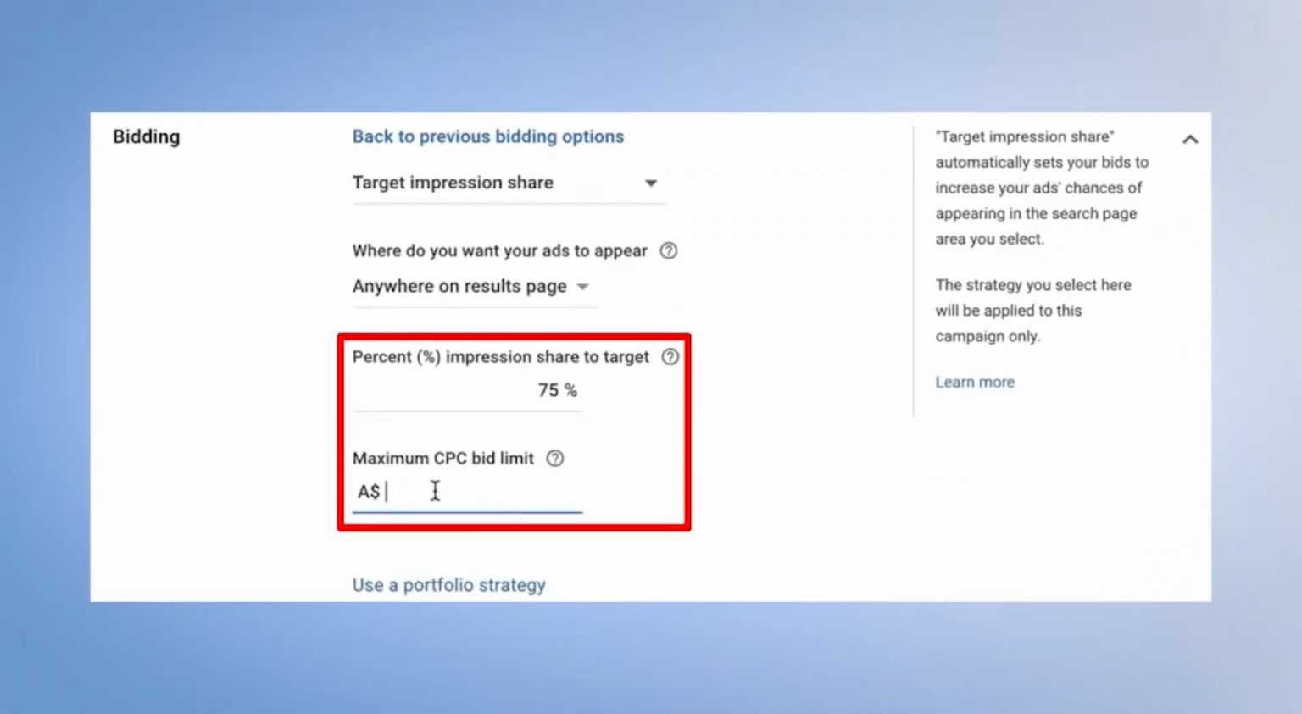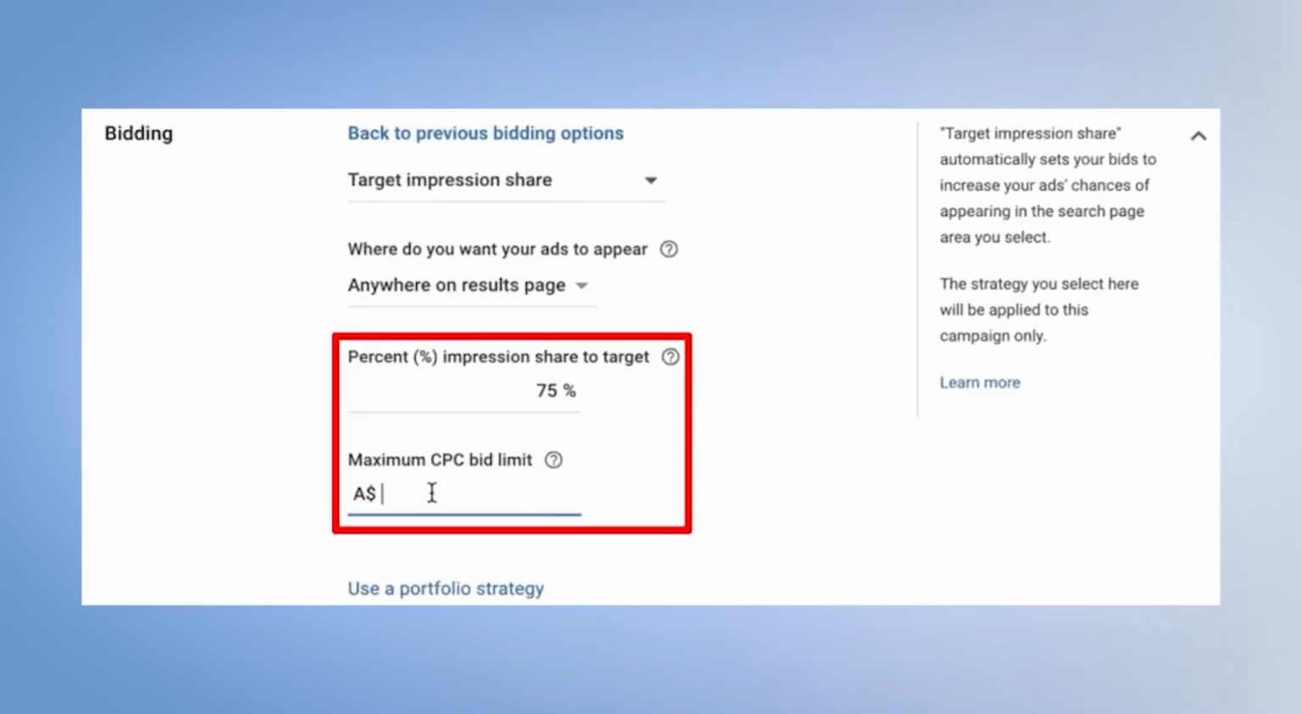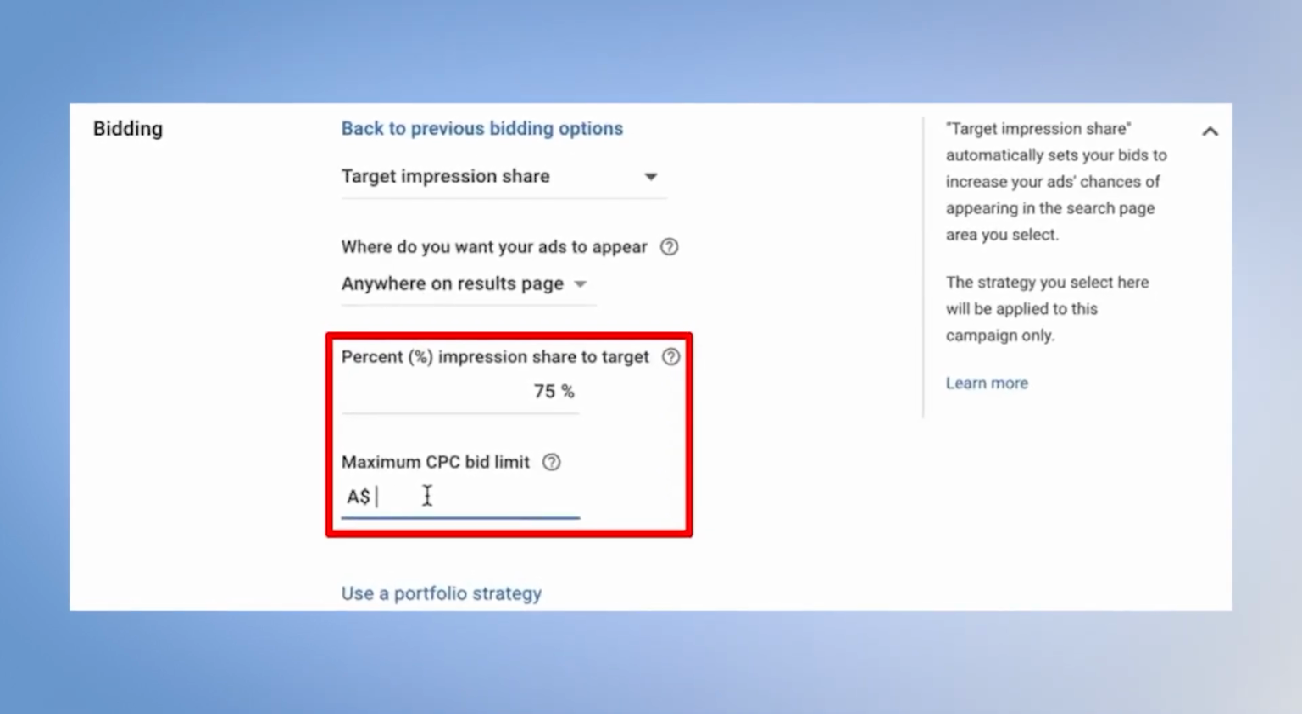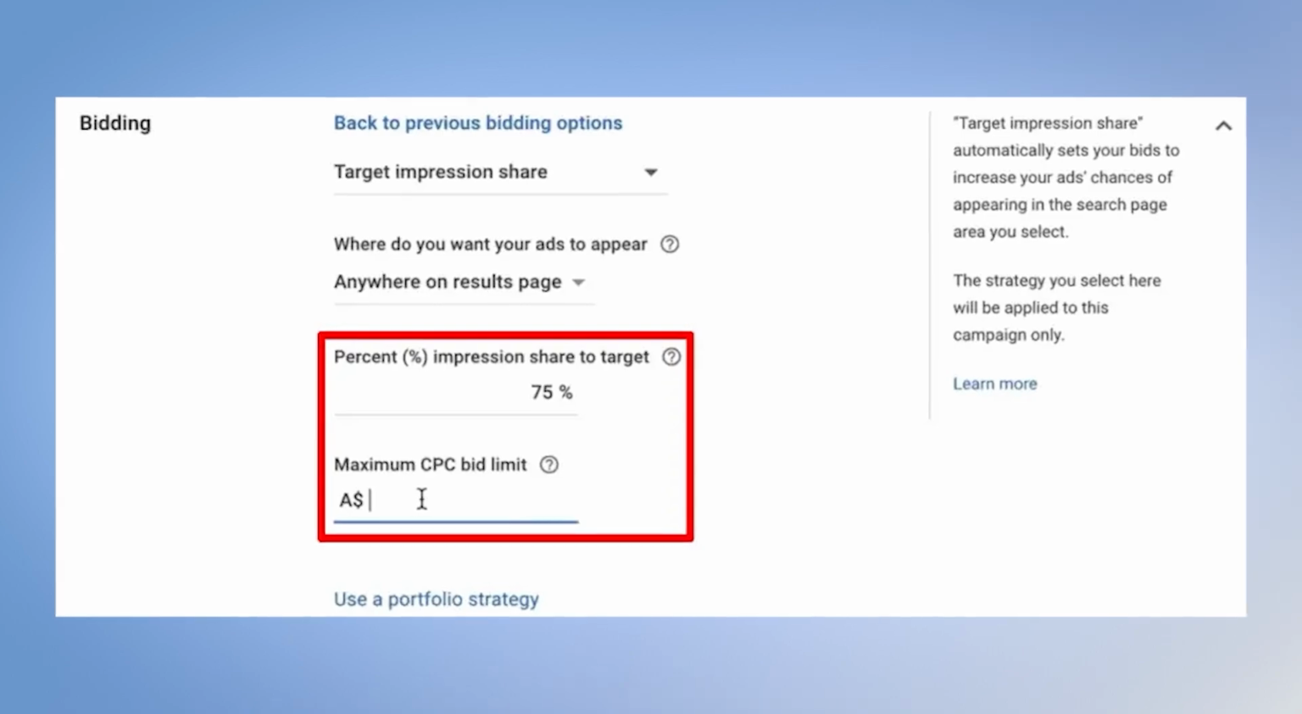And so when you go to set up target search impression share as a bid strategy, you have an option to tell Google your desired visibility rate, or the search impression share you want to show up for, as well as the max limit for CPC you're willing to pay to get to that visibility goal. And so this one's a little bit more uncommon, but I still leverage it